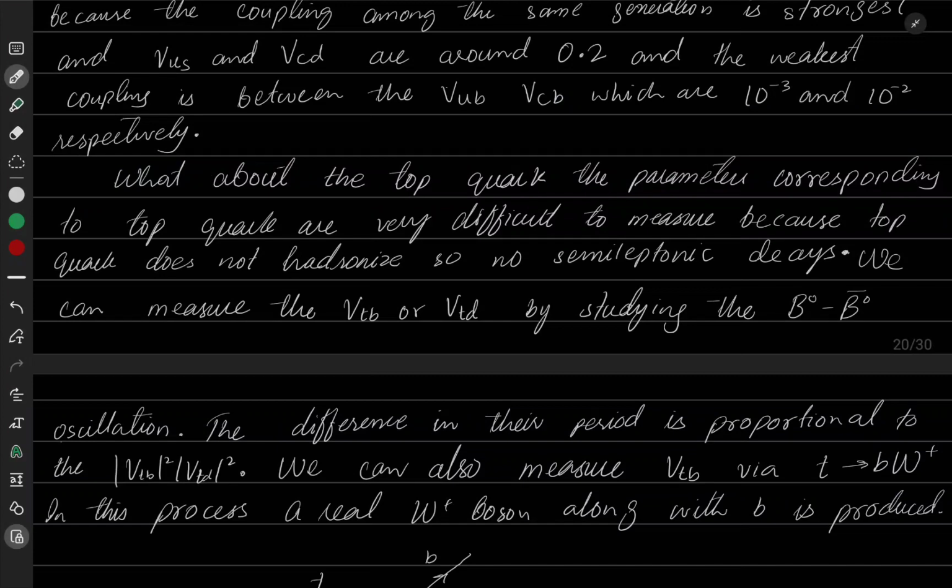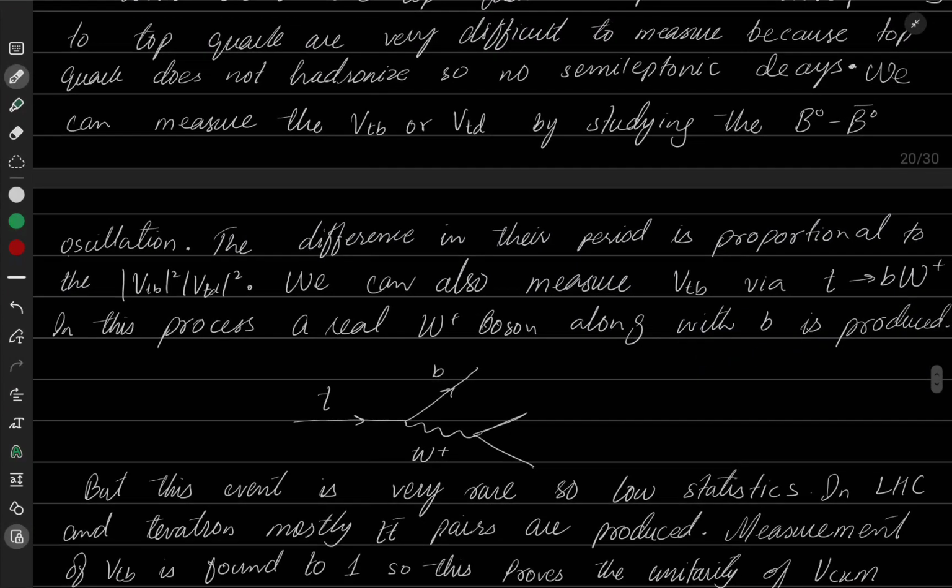So for the top quark we can look into the B0 and B0 bar meson oscillations, and I have made another separate video for that, in which I showed that the difference in the mass of B0 and B0 bar is proportional to VTD and VTB. So from that we can have an idea about the coupling of top with the other generations of quarks. Anyway,